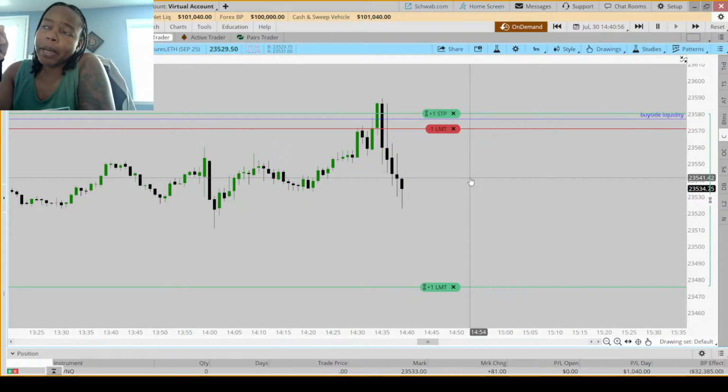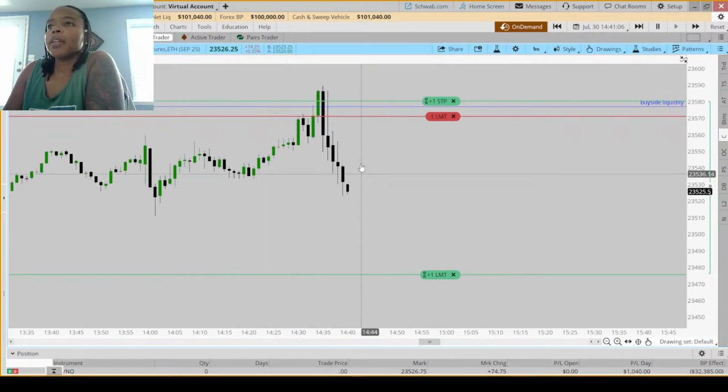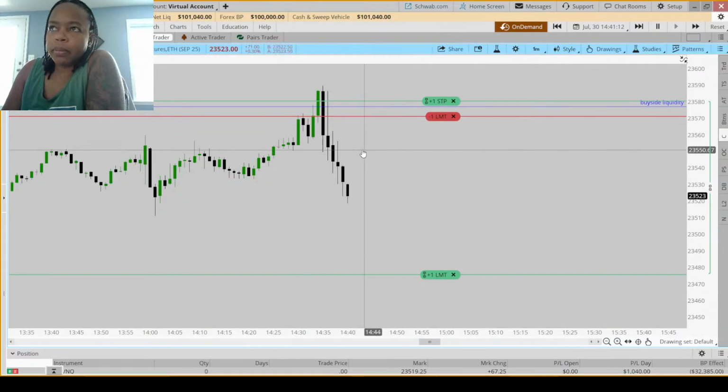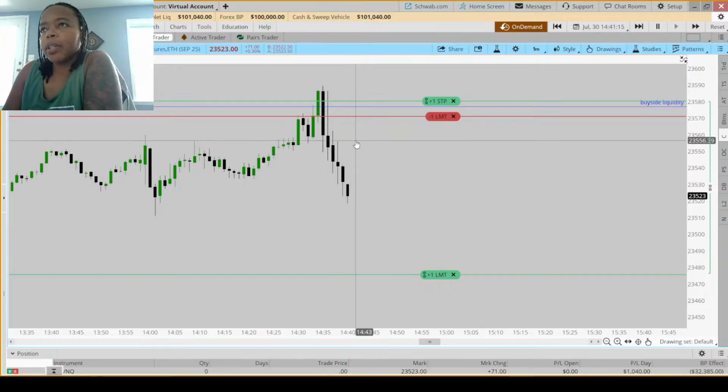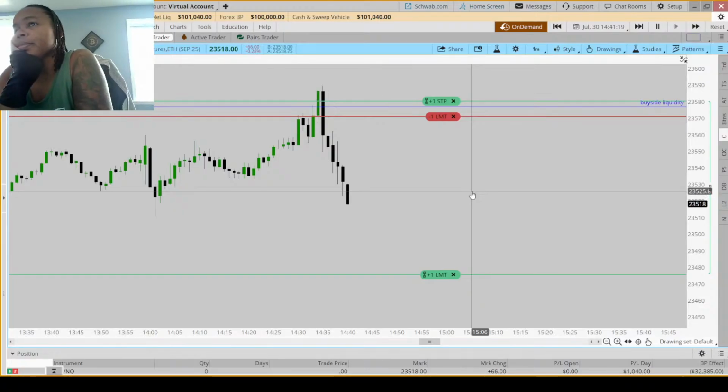But this is where I would have wanted my entry. Remember, I said I have two entries. Either if they left a fair value gap here, then my entry would be here. There's no fair value gap here. So I'm hoping they'll come back up and then maybe tap the base of this or give me an up close candle here, so I can use that as an entry for a continuation down. The other thing is they could just run away for all we know. It's 241. So I'm just waiting.